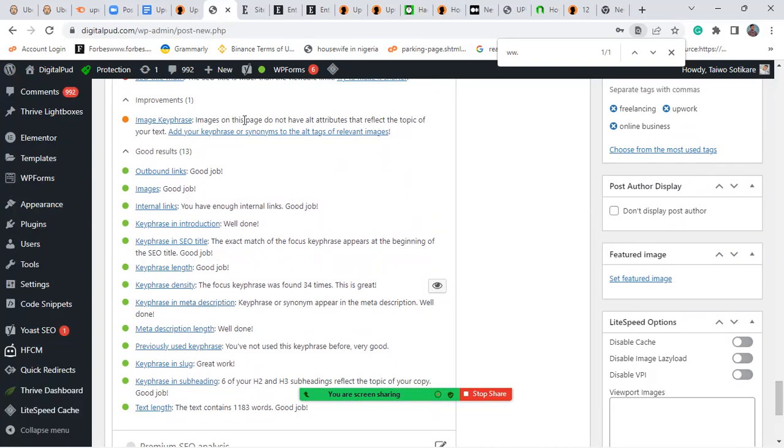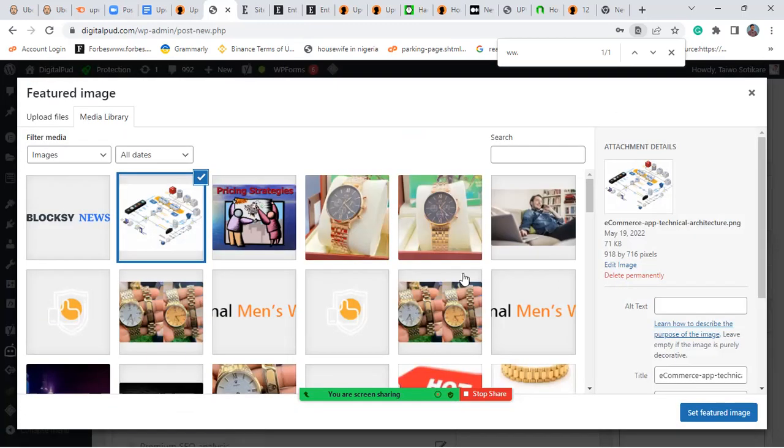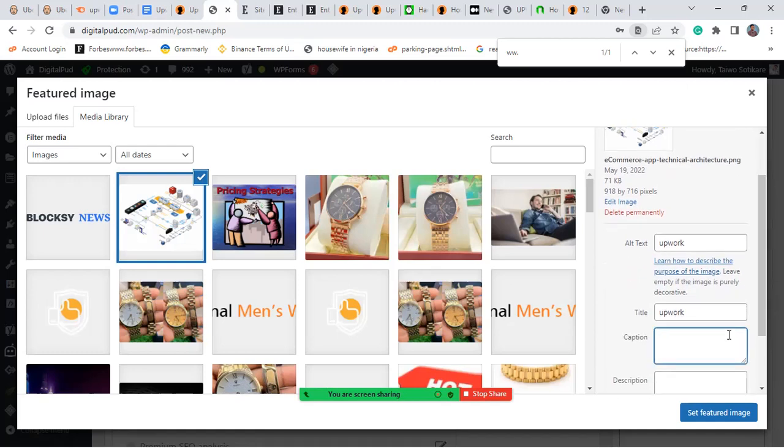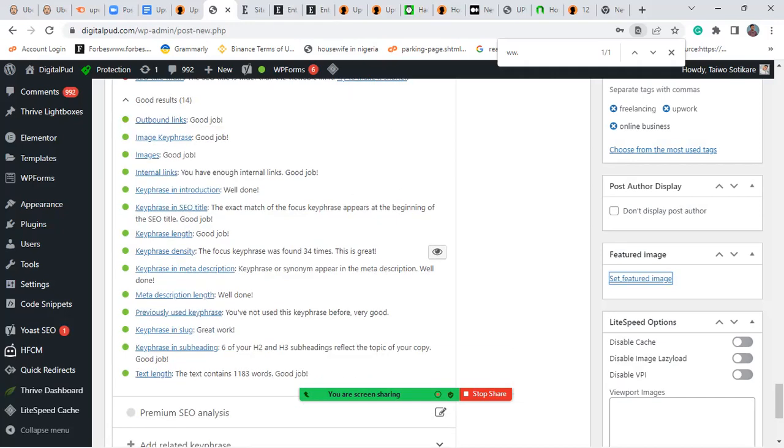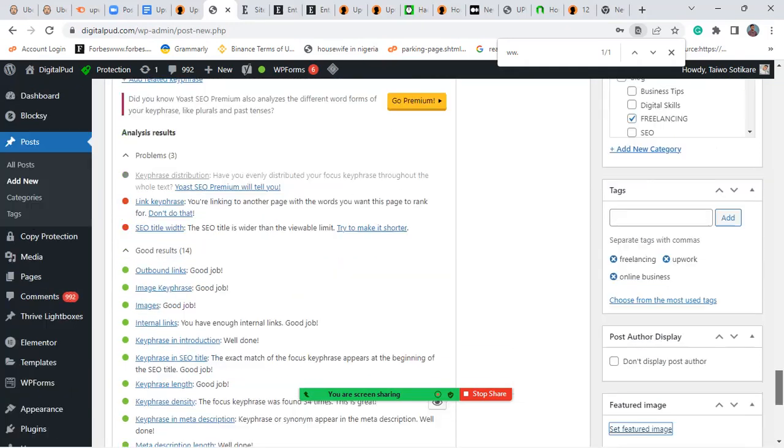Now, the keyword phrase: the image on this page does not have any alt attribute that refers to the topic. And then it is referring to the image that I pick. So I'm going to put here Upwork. Here too, I'll change this text to Upwork. So your image should be SEO friendly. When people search for something on Google, there are times that they make use of images. So these alt texts and the like, let me show you. So everything is now perfect. The only thing left is like,